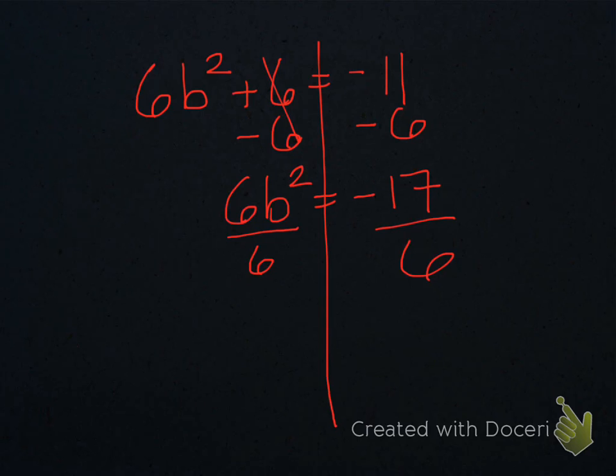Okay, subtracting 6 from both sides gives me a negative 17. Divide both sides by 6. That's going to give me 17 divided by 6. And then we're going to get b squared equal to a negative